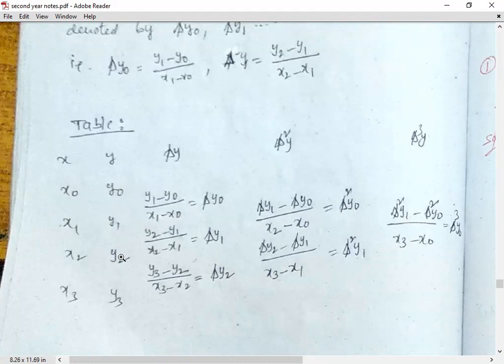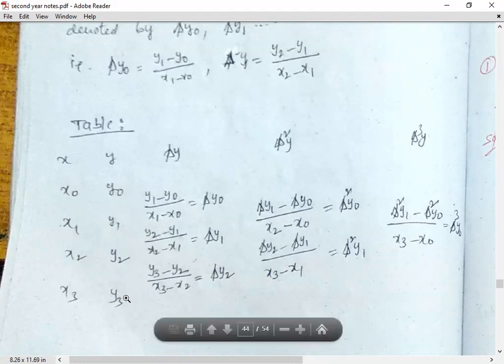Similarly, for the next two successive values, the first divided difference is y2 minus y1 by the corresponding x values difference, x2 minus x1. And the next one, y3 minus y2 by the difference of corresponding x values, x3 minus x2,